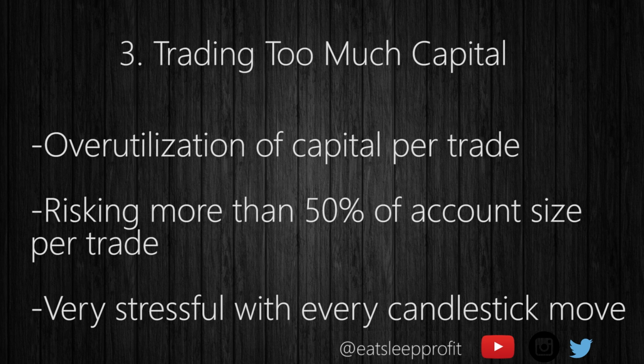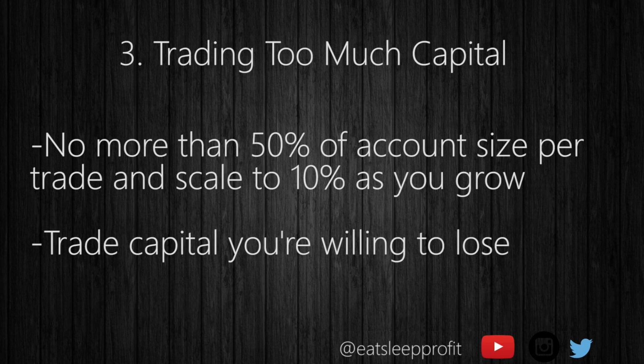So with me, I don't want you to trade more than 50% of your account size per trade as you first start off. What I mean by that is, a lot of times not everybody has the capital to start trading out of PDT, let's say 25,000 plus. So the common rule is don't trade more than 10% of your account. Now, if you have 25K, that just means you can't trade more than $2,500 per position, but not everybody can start with that amount.